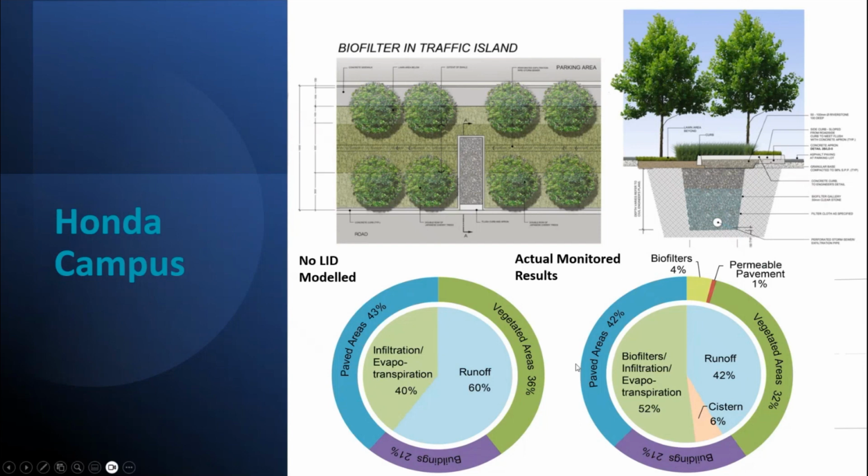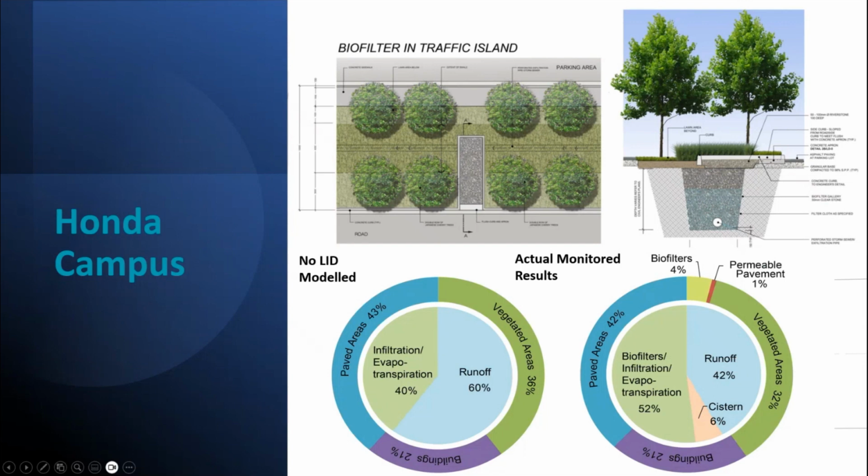So we can see the paved areas and buildings. We can see buildings remain the same. Paved areas have only decreased by 1% with the actual monitored results of the LIDs being cited. Subtracting 5% of total land area, 1% from paved areas for the permeable paver, and 4% from the biofilters of vegetated areas equals an 18% reduction, 60 minus 42, in total runoff experience,